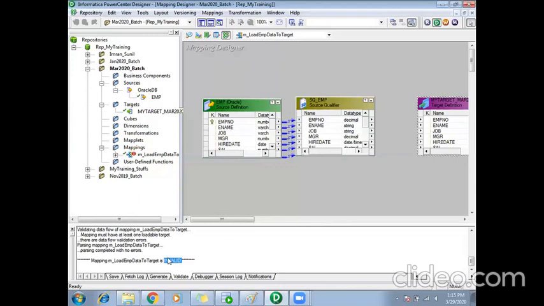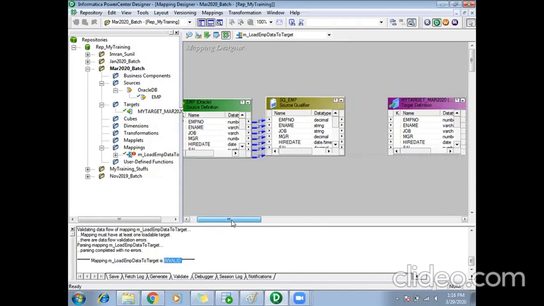The minimum requirement for a mapping to be valid is that it should have at least one source, at least one target, and there should be a link between the source and the target. In my mapping, I have a source and a target, but still it is invalid because I have not linked them. There should be a flow from the source to the target.